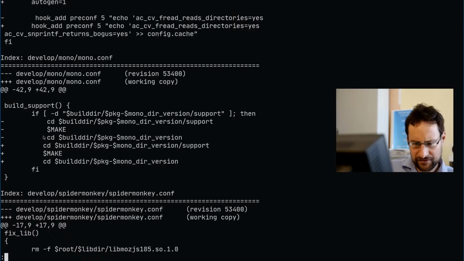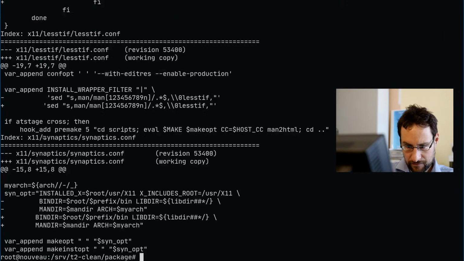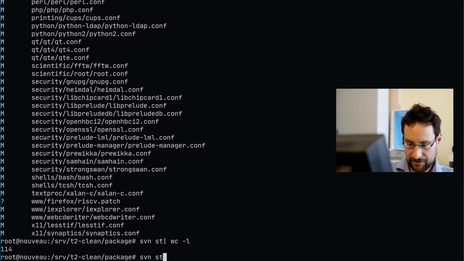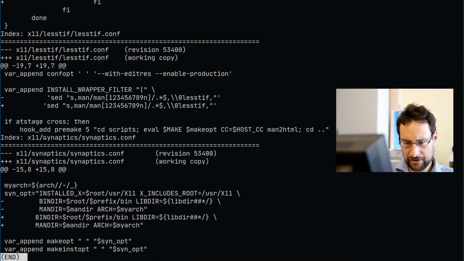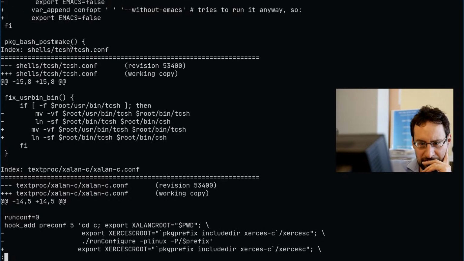How many are this, though? Oh, what? 114. Yeah, this is just a little bit of attention to detail. Here are some that we definitely do not really need to commit that urgently. Internet Explorer, we really have a package of that, yeah, this is certainly super outdated stuff. I don't even remember that this ever existed.